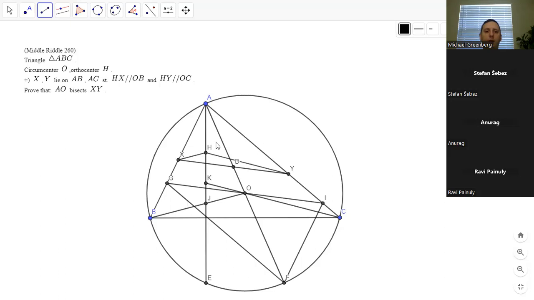I was saying AX over AH is AB over AJ, and AY over AH is AC over AK, and this is isosceles. So I don't know if that helps at all find AK over AJ. Maybe that's just making it harder. But AK over AJ, I wonder if that's